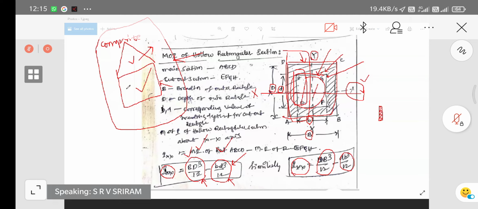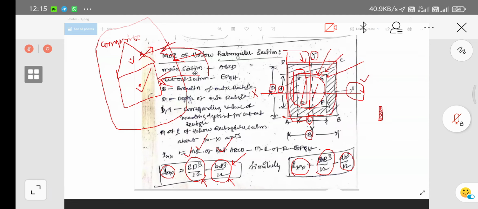First of all, we have to decide whether to find the moment of inertia about the base axis or the central axis. After fixing that, my ultimate aim is to find the moment of inertia about the central axis. So first I will find the centroid and draw the central axis. I will find the central moment of inertia about xx for this one, and individually for that one, and I will combine these two.